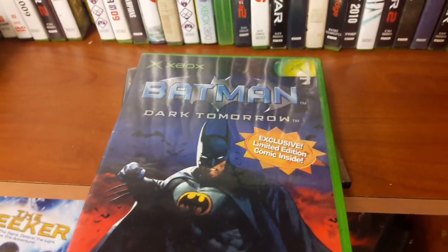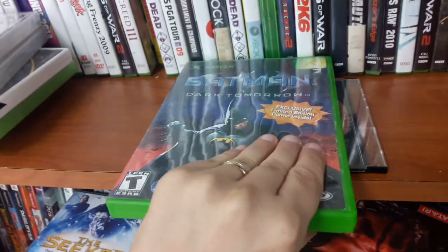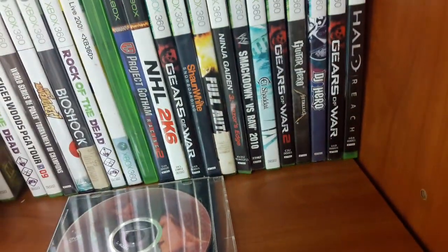Ooh, Batman Dark Tomorrow. That one looks interesting. And in beautiful condition, that is a maybe. That's why I put that to the side. I was like, let me just leave that there for a second, just to see what else is there. And,